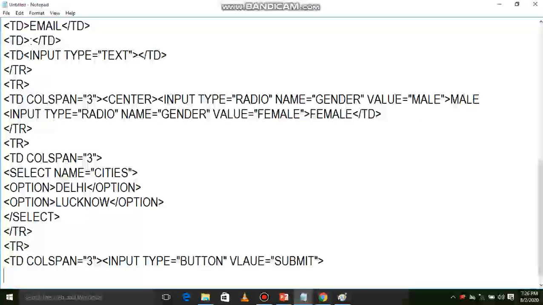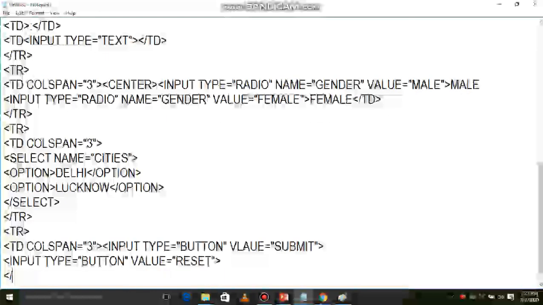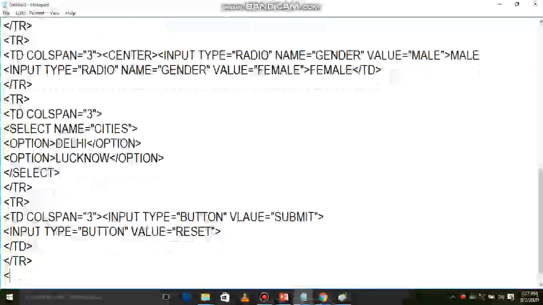I need one more button, again input type is equals to reset, or input type is equals to button, value is equals to reset. I'm going to close this td, now tr, at last table,